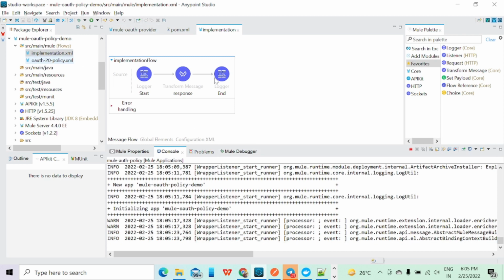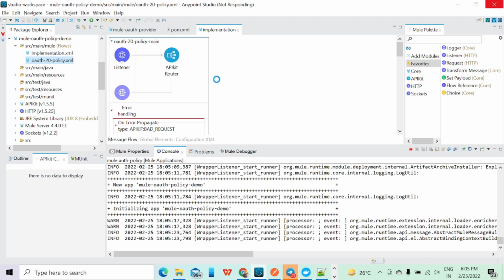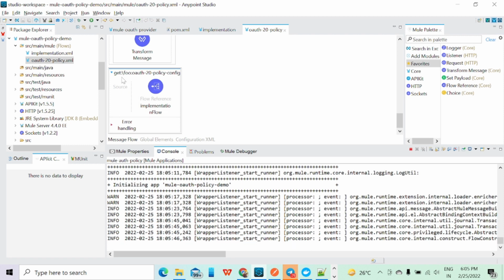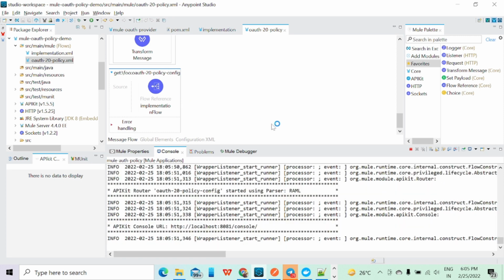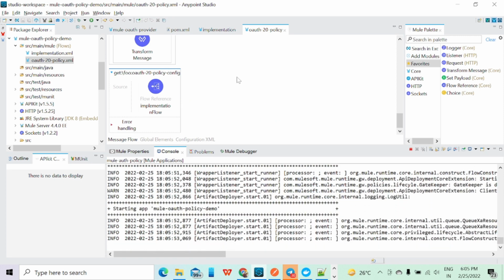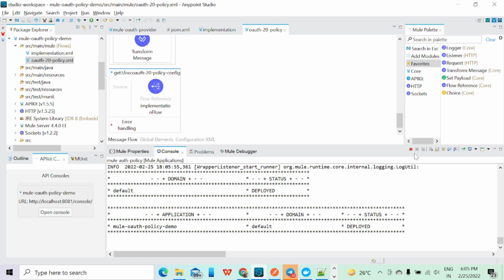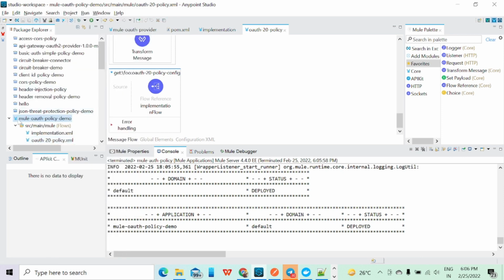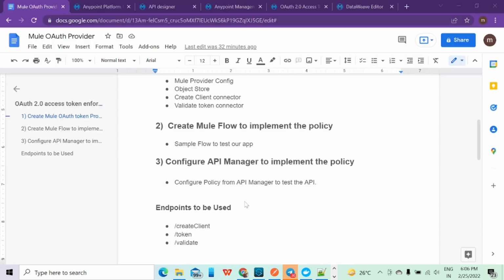And here, if I show you, we have nothing. Here we have this method GET, and the endpoint name is foo, and it will invoke this implementation. So once it is deployed, I will deploy this application to the CloudHub in the same way that I deployed the Mule OAuth token provider, as I have already deployed it. So let me show you the